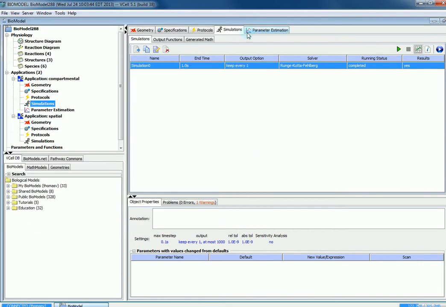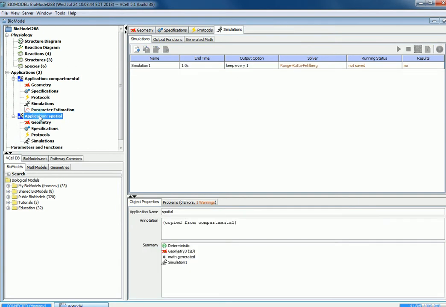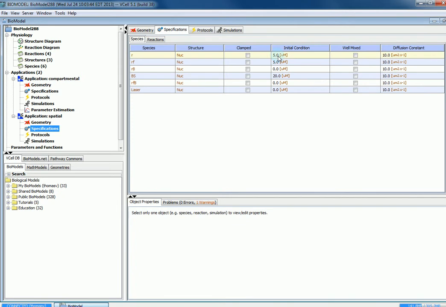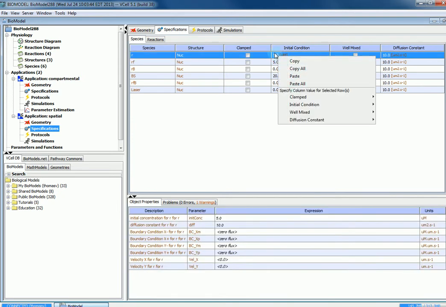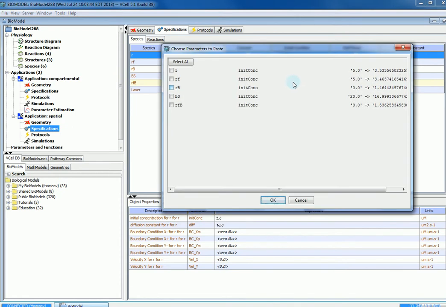And now we can exit out of here and return to the spatial application and go back to the specifications, and then right click in the initial conditions column and select paste all, and then check select all. As you can see, it's going to change the default initial conditions to the new ones that we copied. So then select OK,